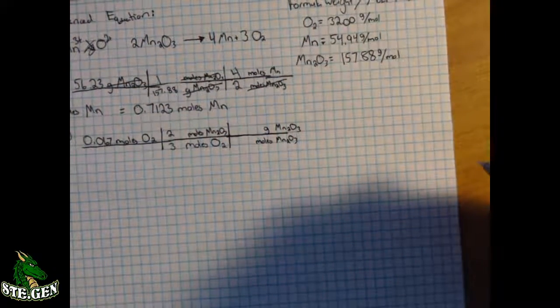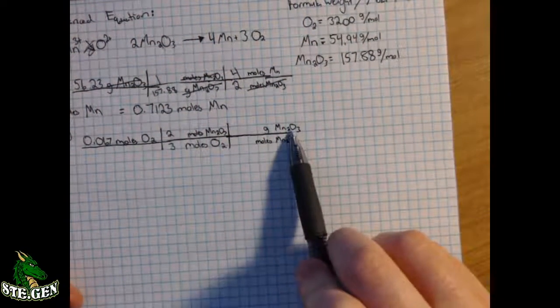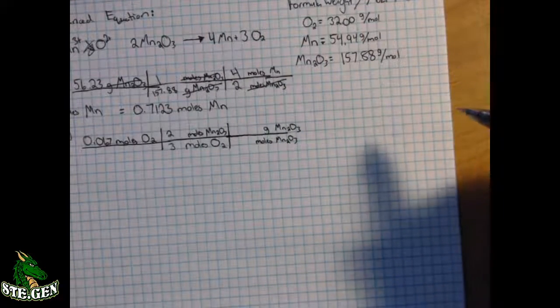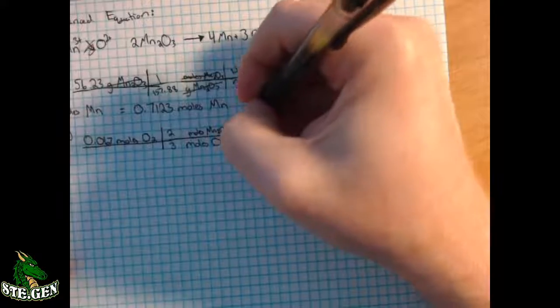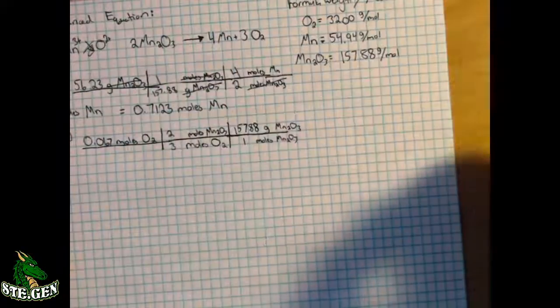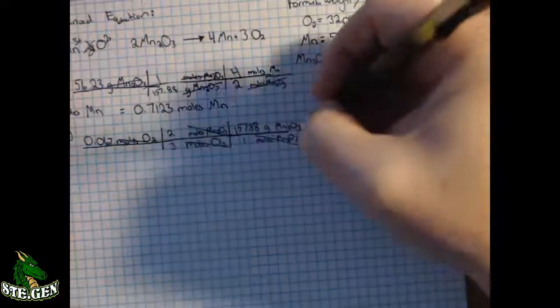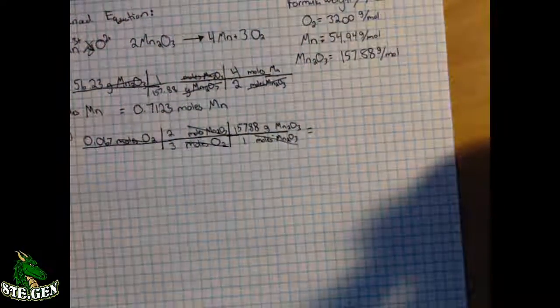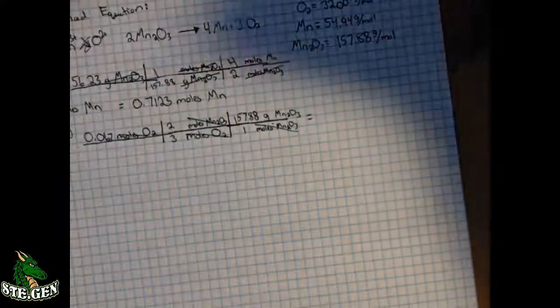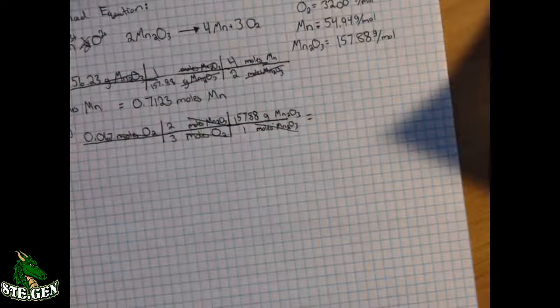The question says calculate how many grams of manganese 3 oxide you'd get from this many moles. Grams of Mn2O3 we used a second ago, 157.88, and that's per 1 mole. Moles of O2 cancel, moles of Mn2O3 cancel, grams of Mn2O3 is what you'd be left with. Plugging that in, you should get, rounded to the correct number of sig figs,